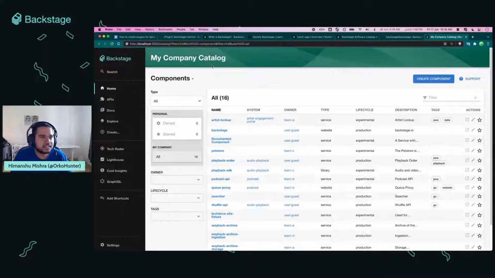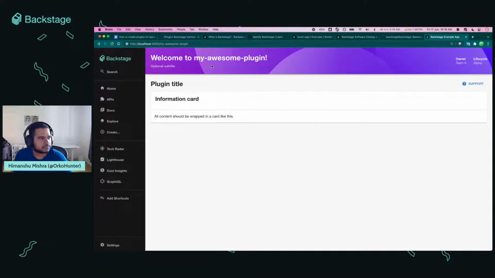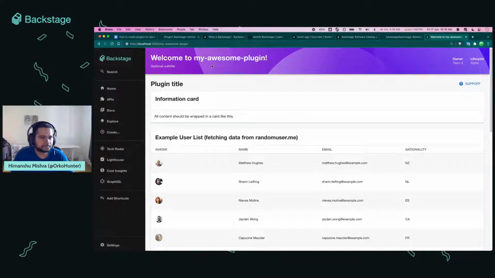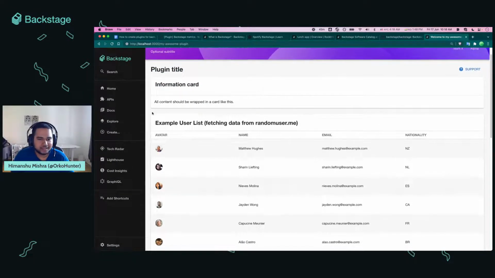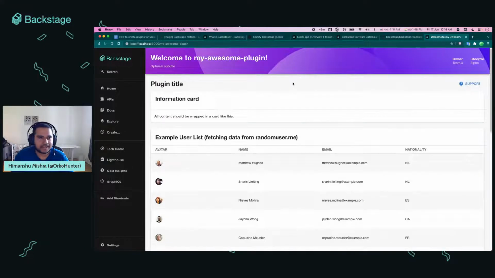But as promised, the new route has been added, and I can check it. My awesome plugin. There we go. It's here. It has some cards by default, some table to look at, and that's pretty much it. It does nothing else. But this is an example of how you can create a very simple plugin